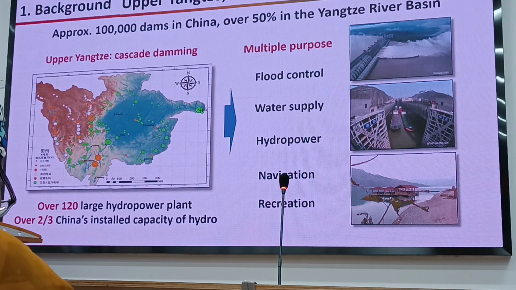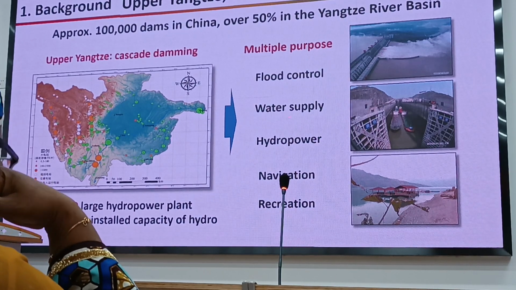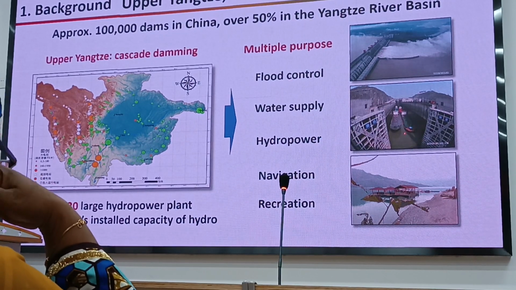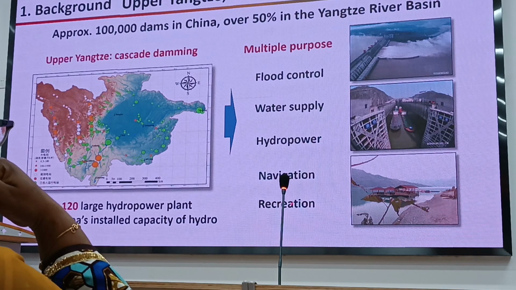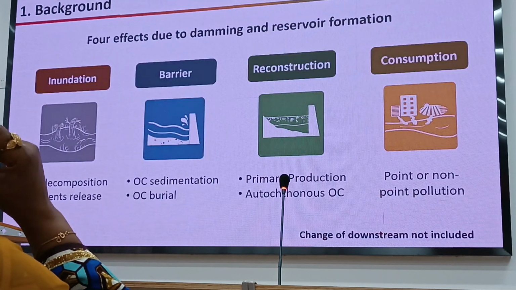And all these dams provide multiple services for the well-being of humans, like flood control. That's the primary function for the Three Gorges. Three Gorges is not primary for hydropower production, but primary for the protection of the downstream towns like Wuhan, Nanjing, and Shanghai. And also the food supply, hydropower, navigation, this is where you went yesterday, and also recreation. So dams have various functions.